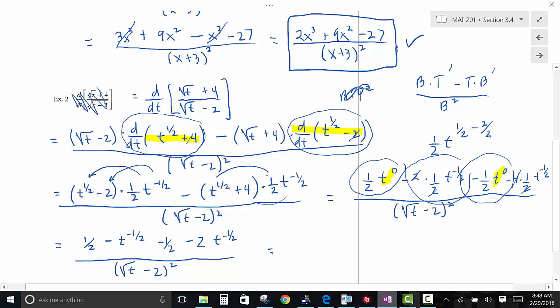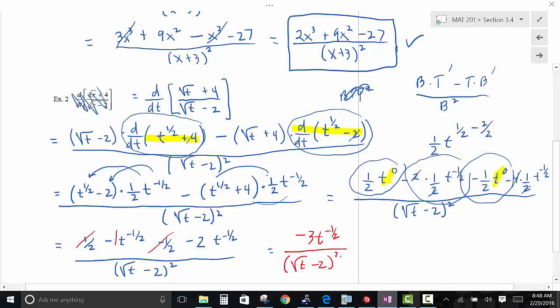Okay, now do you see cancellations in like terms? Yeah, that's what you do. Okay, so the next thing we need to do is just put all this stuff together here to get the answer. That 1/2's cross out. This is minus 1 minus 2, so that's minus 3t to the negative 1/2, all over